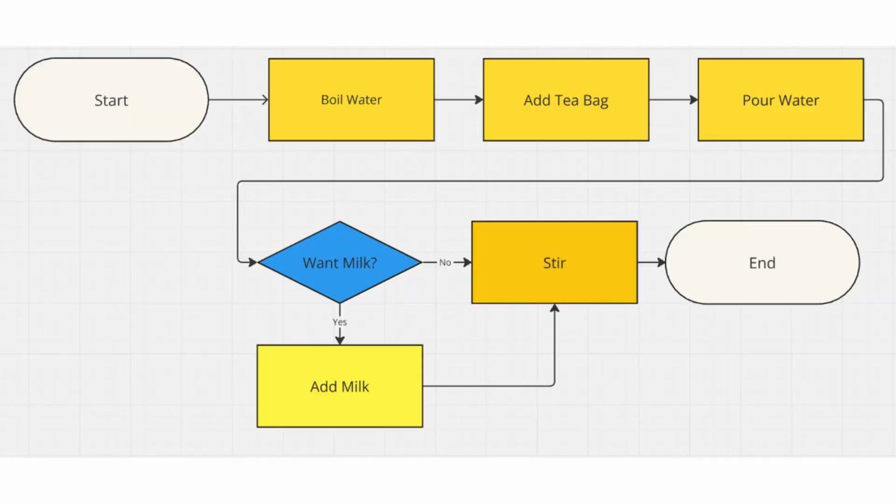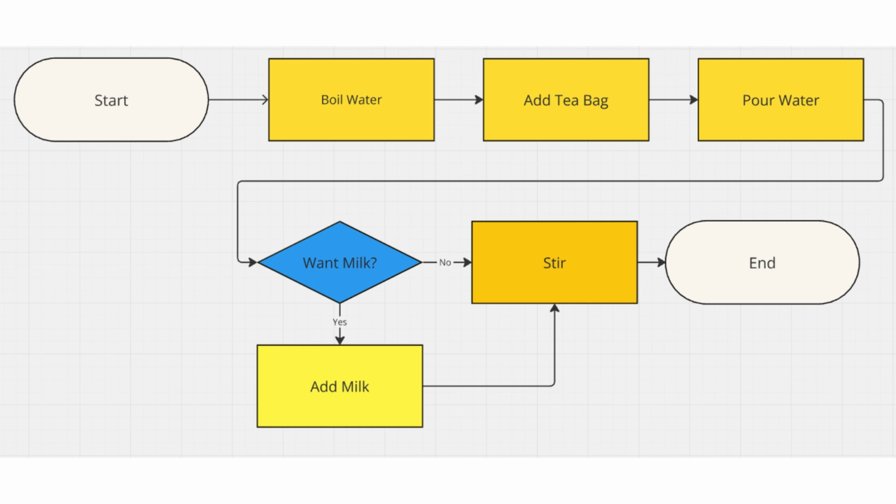Now maybe you are wondering, how do we make a flowchart? Okay, so let us make a flowchart. We know we can use the basic symbols, so imagine you are writing a flowchart for making a cup of tea. Here is how it might look. Okay, so let's start the process, alright?